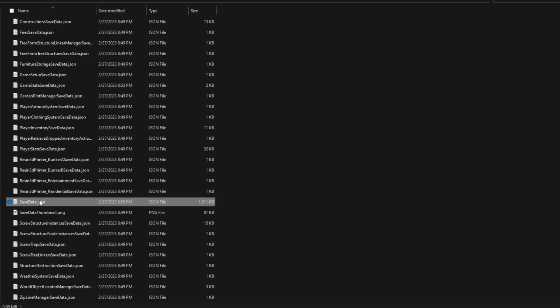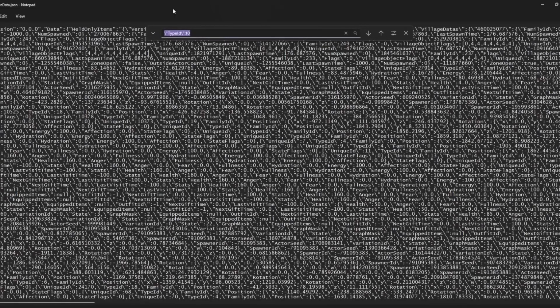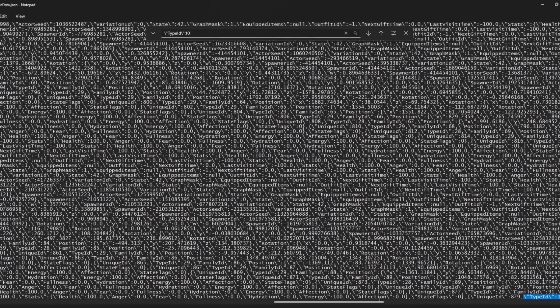So you're going to want to be in save data JSON to do this if you need to copy it from a different save. And then what you'll do is press Control F to find her. She's going to be designation 10. Just type that in, hit enter. You're going to find her. And then you want to go ahead and notice where she's at, okay? Notice where she's at